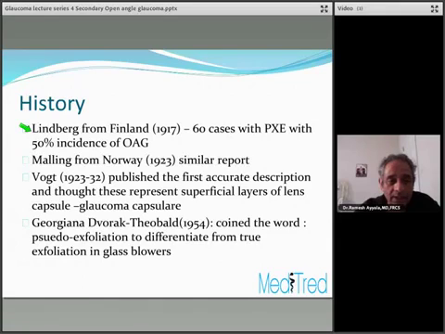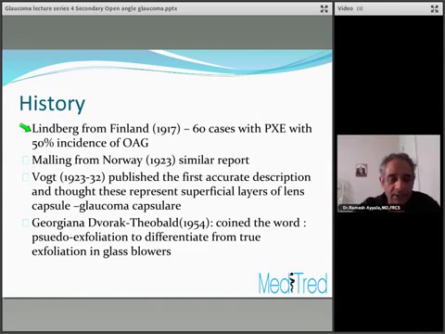Vogt in 1923 to 32 published the first accurate description and thought this represents superficial layers of the lens capsule. And he called this particular kind of glaucoma glaucoma capsulaire. It was left to Georgina Duarte-Thibault in 1954 to coin the word pseudo-exfoliation to differentiate it from true exfoliation in glass blowers,